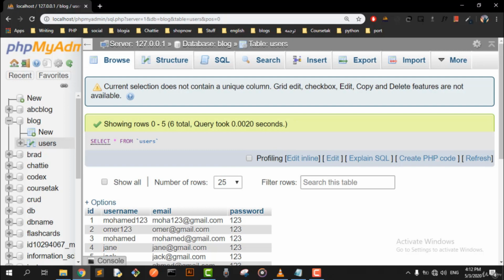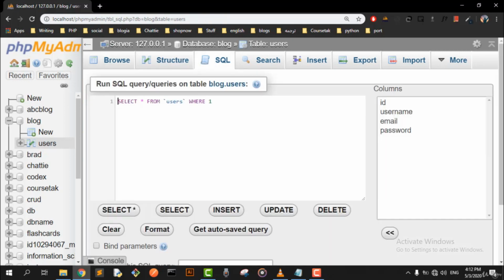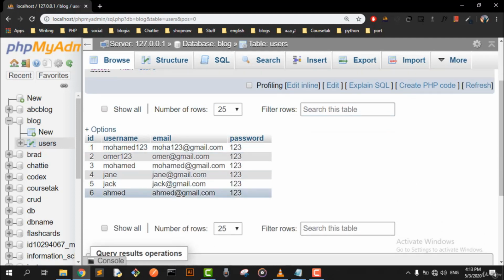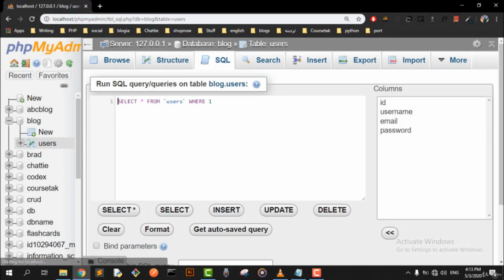So for the delete, it's also really easy. Let's say the user Ahmad wants to delete his information on the website. So it's really easy, I'm just gonna show you. You start out with delete from users. Let's say where